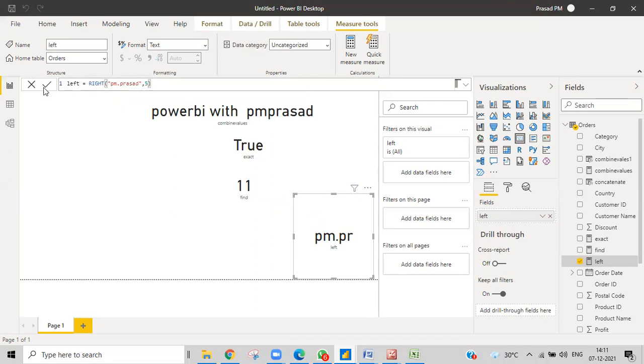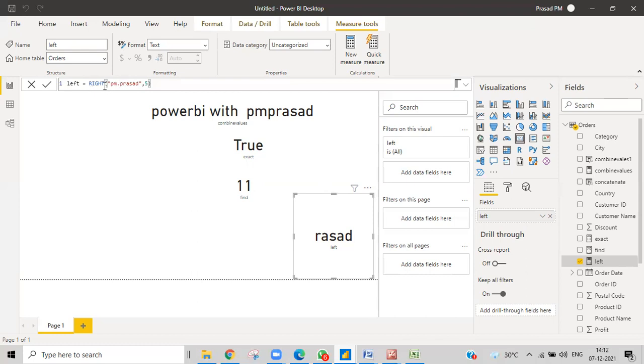So what would be? RASAD. Maybe RASAD. Yep. It will count from the right side. It doesn't count from the left side. It will count from the right side: 1, 2, 3, 4, 5. 5 characters, and then it will give the output. So you need to keep in mind that whenever you give Right, it will take from the right side. That is mandatory. People feel like it's something else, and then they fall into that particular difficulty.